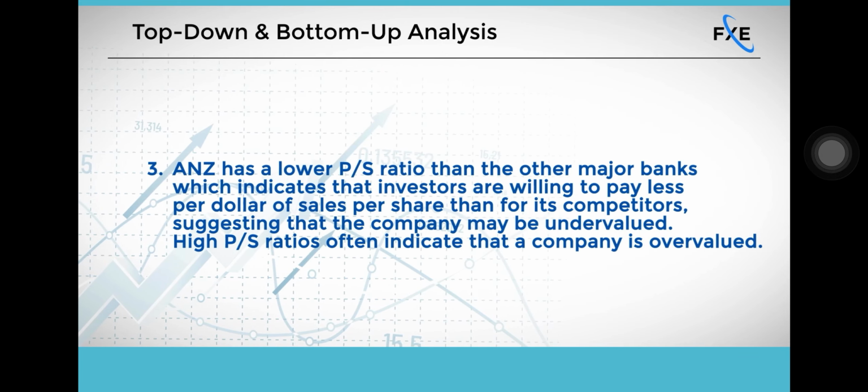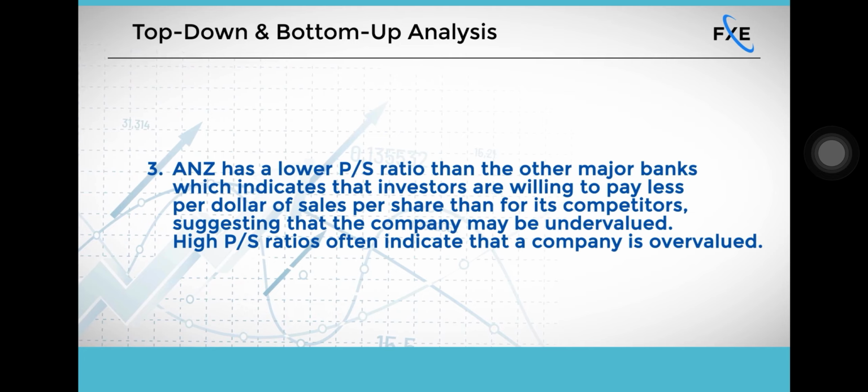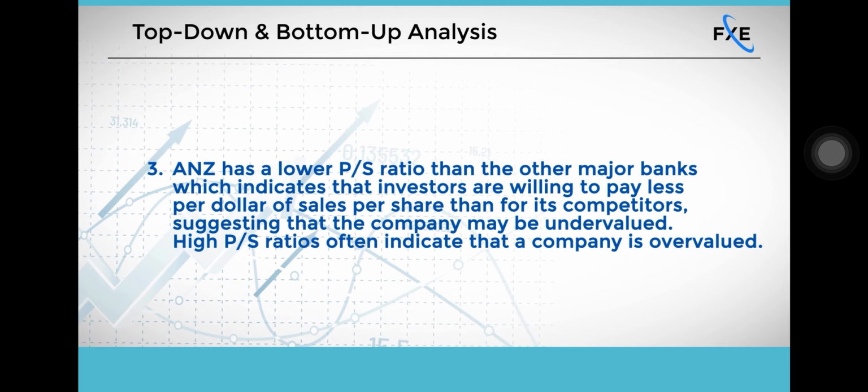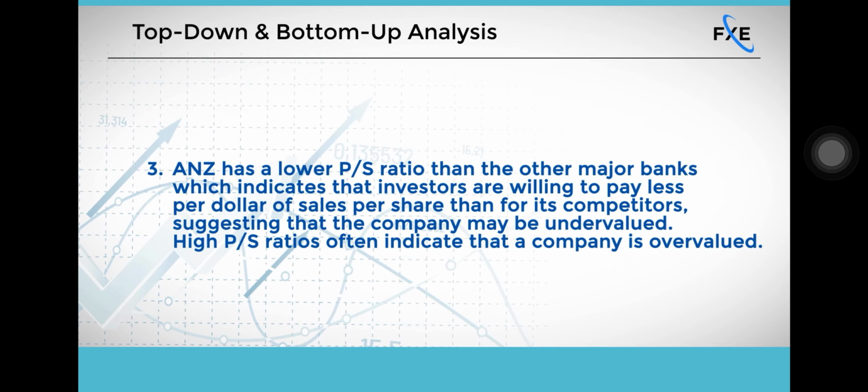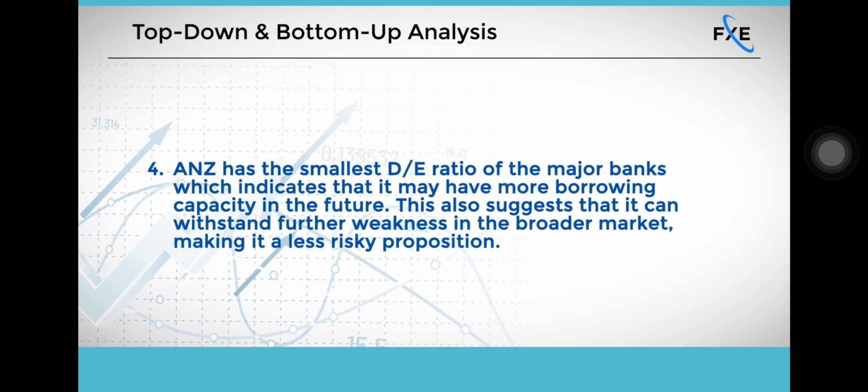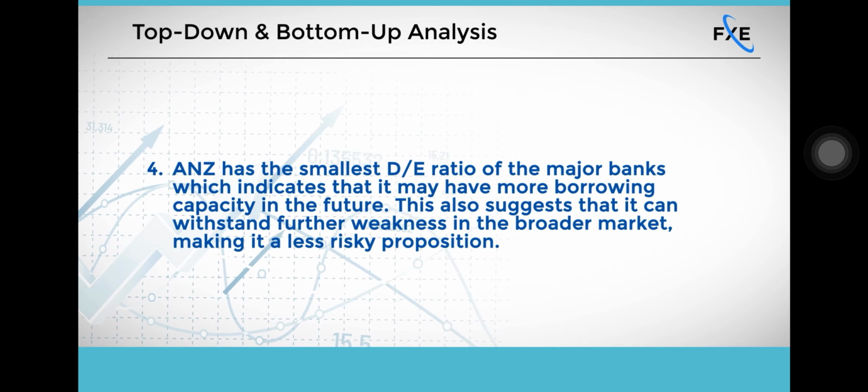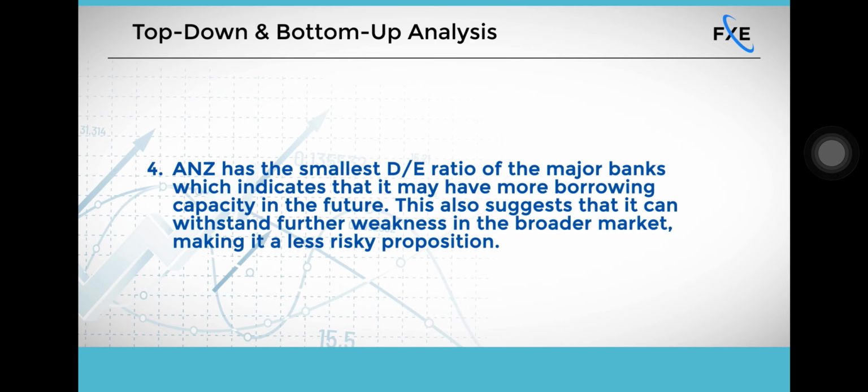ANZ also has a lower PS ratio than the other major banks, which indicates that investors are willing to pay less per dollar of sales per share than for its competitors, suggesting that the company may be undervalued. High PS ratios often indicate that the company is overvalued. ANZ has the smallest DE ratio of the major banks, which indicates that it may have more borrowing capacity in the future. This also suggests that it can withstand further weakness in the broader market, making it a less risky